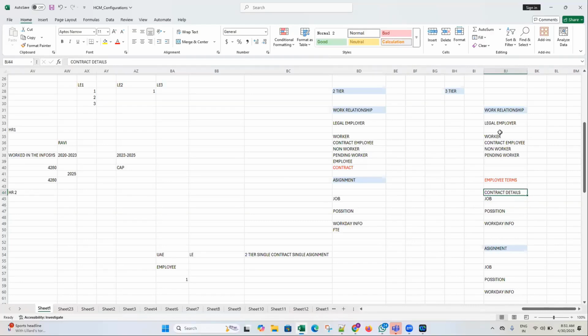Observe very carefully. In 2-tier and 3-tier, whatever is there in the 2-tier will be there, like work relationship and assignment. Whatever we maintain in the work relationship, in the 3-tier also we will maintain the same information. At the assignment level, whatever information we maintain in the 2-tier, the same we will maintain at the 3-tier assignment level also. In employment terms, whatever we maintain at the assignment level, the same things we will maintain, but